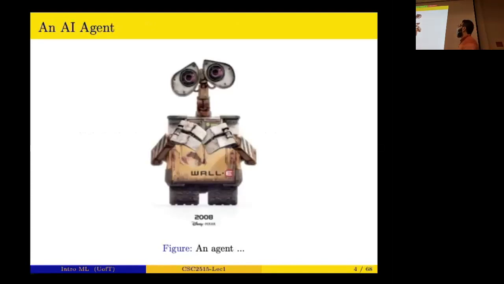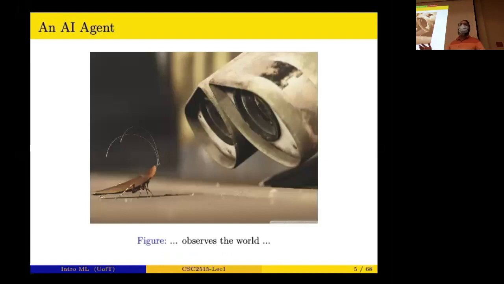Okay, suppose we have an agent, an AI agent. It might be a robot, it might be a car, it might be a computer software agent on the web or anything. So this agent receives information about the world. For example, if it has cameras, it gets information about the world through its cameras. Or if it's an autonomous car, it receives information through cameras and LiDAR and other sensors that it has. And then what happens?